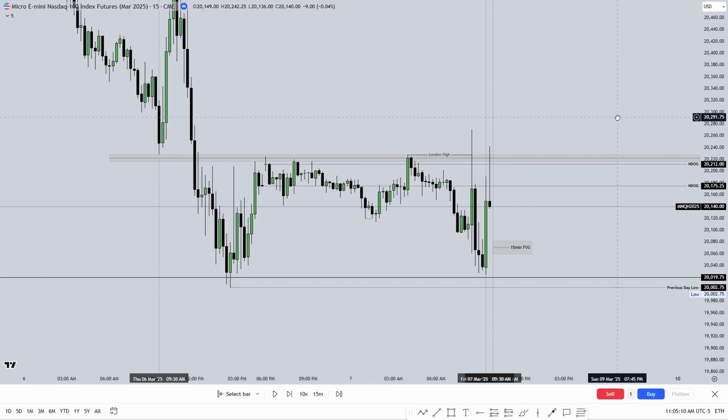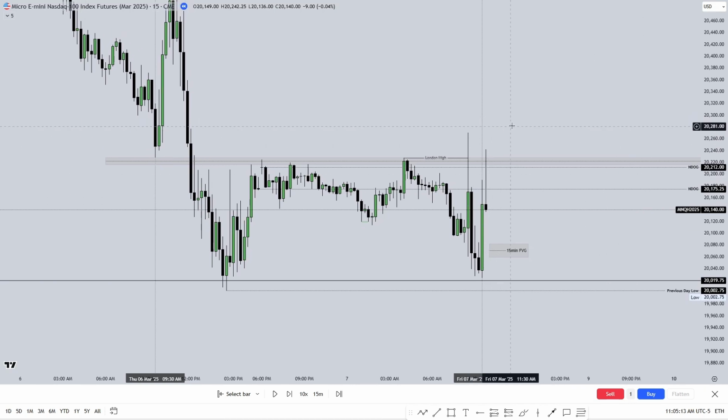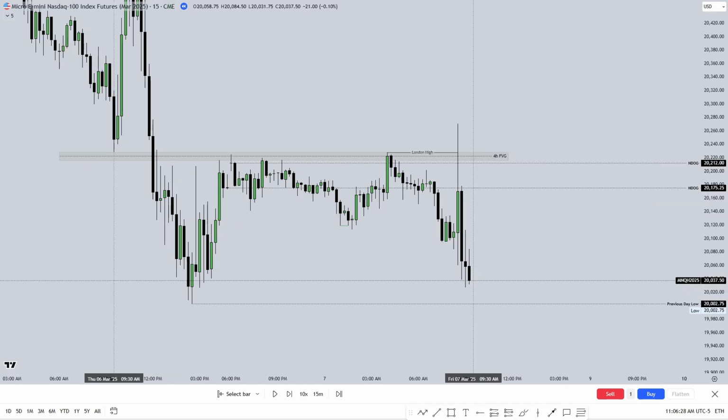So let's go into the 15-minute time frame here where we can really start breaking this down. The 15-minute chart on this given day was really just the clearest way to determine order flow, what we have already done, and where we could potentially be going. Let's break that down real quick. Remember that this previous day low right here was my primary target going into the day. As long as this was still intact, I was looking to be bearish and looking to target that. Okay, so I want to make that really obvious. We'll make it bright red right there. So this is where I wanted to see price go.